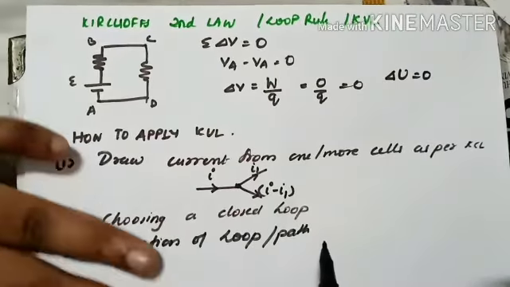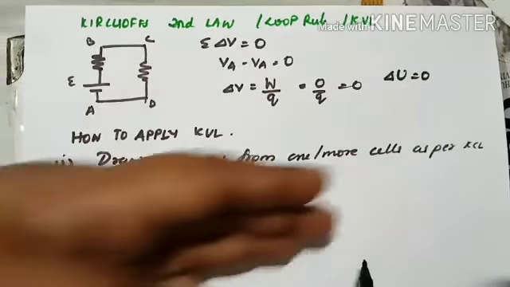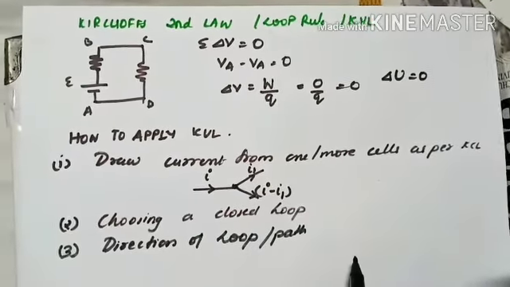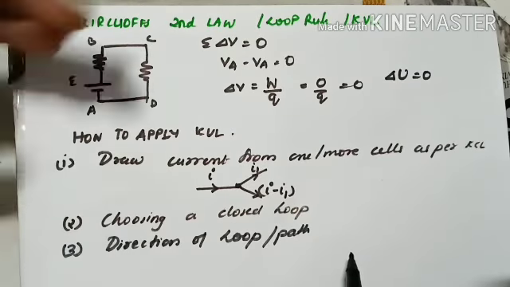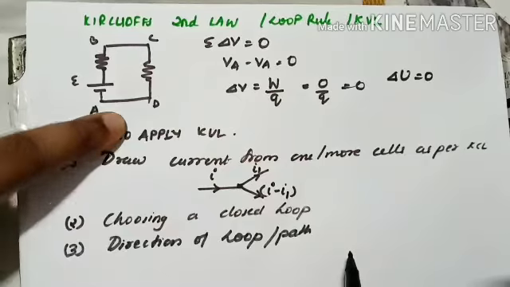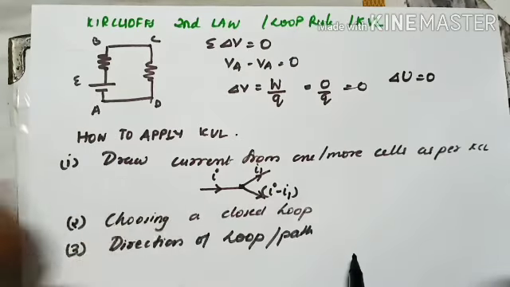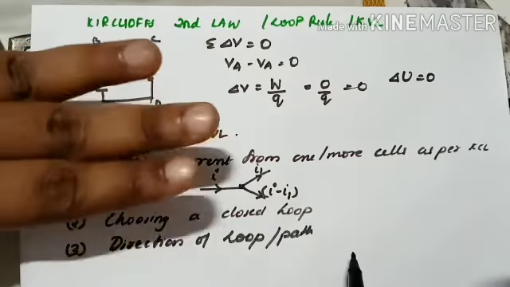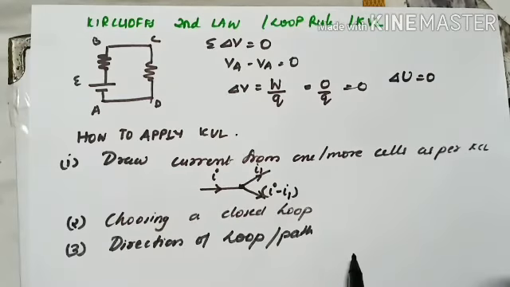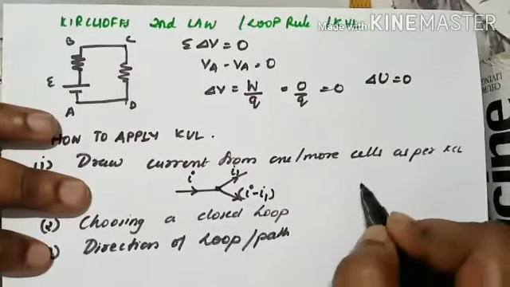You might not understand anything I am telling you now, but while we are solving the problem, I will link these statements with how to do it in an actual problem, then you will understand. For now just memorize this, or just go through it. So first, when you get a circuit, you will draw the current. Second, you will select a closed loop. Third, I will consider a path in that loop, that is, how to move inside that loop.